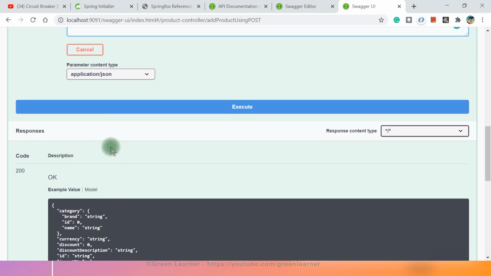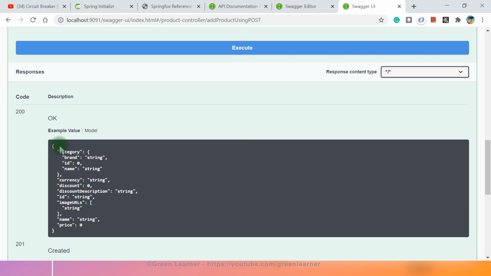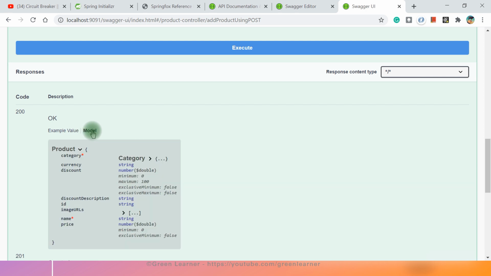So you can see the responses here. It is also giving you the response example value, how it is going to return, what it is going to contain here. It is also going to give you the model that we have configured in the backend, that is product, what it has. If you see, we had put some validation also: number, double, minimum, maximum, and all this information we are getting here. So any non-technical person also can come here and understand what this API is trying to say.